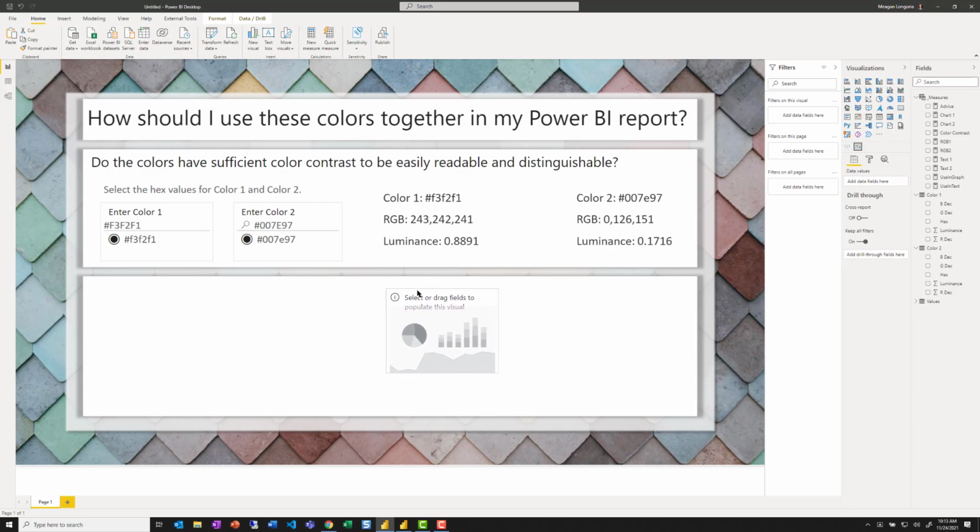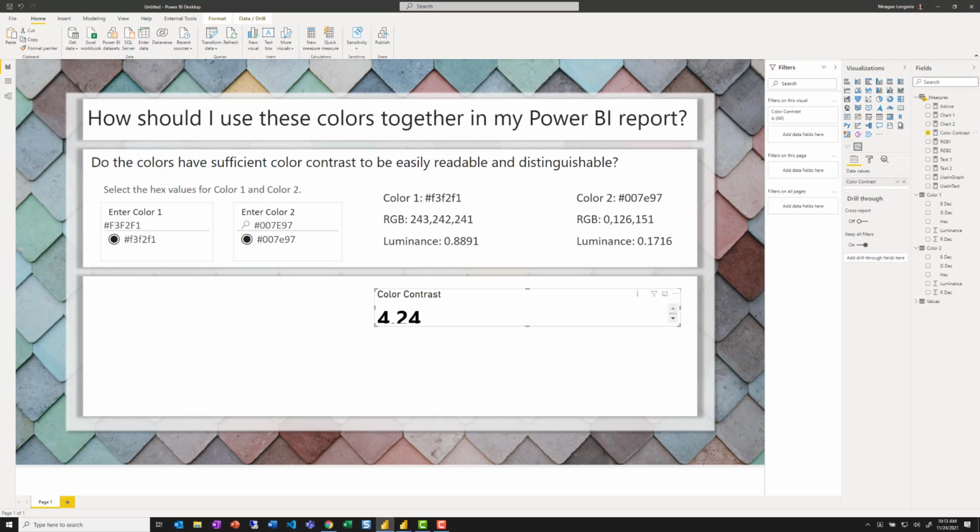So I'm going to put this underneath color and just drag it out to match. And I'm going to put color contrast in the data values. And then for story, oops,